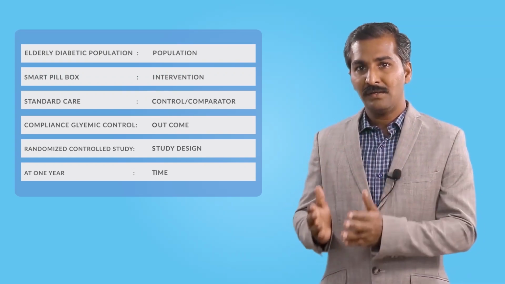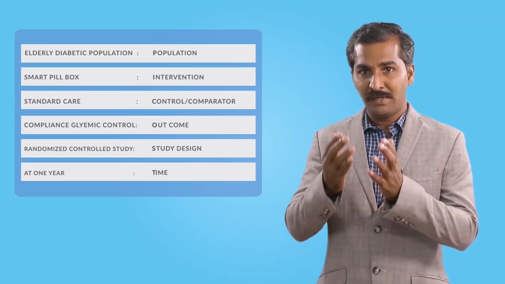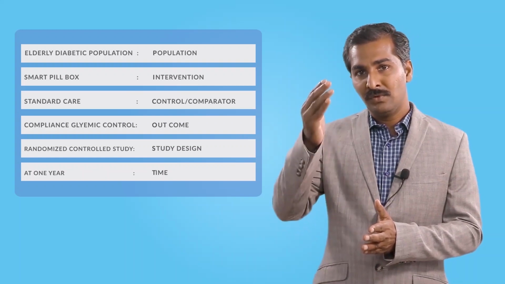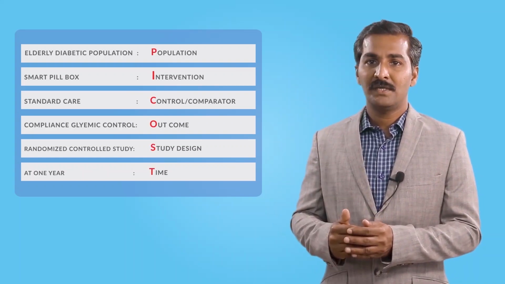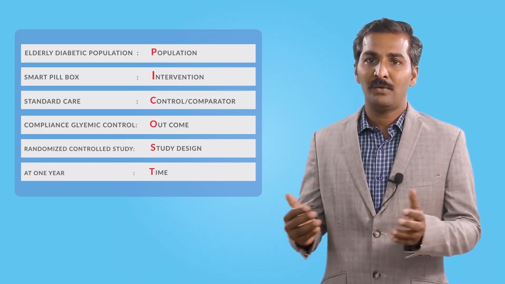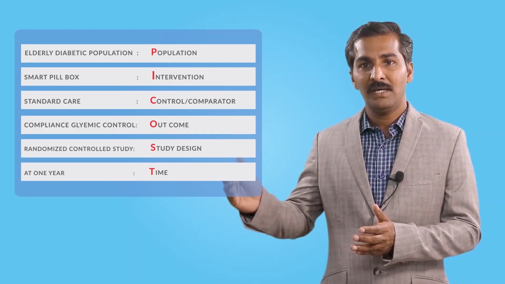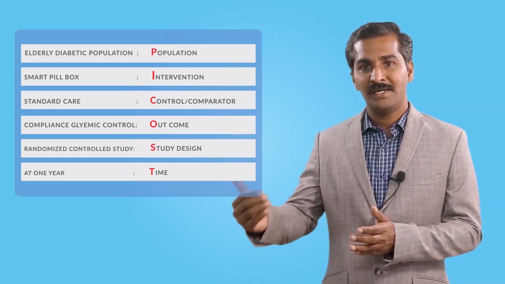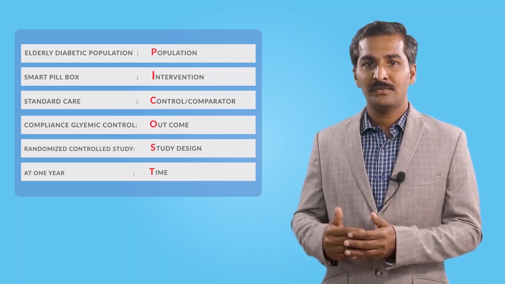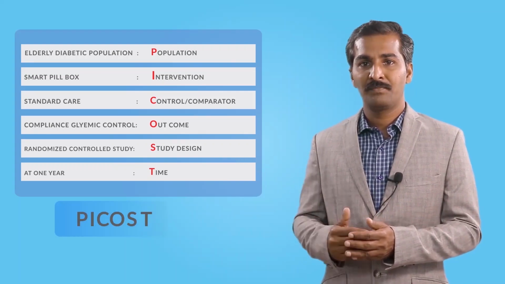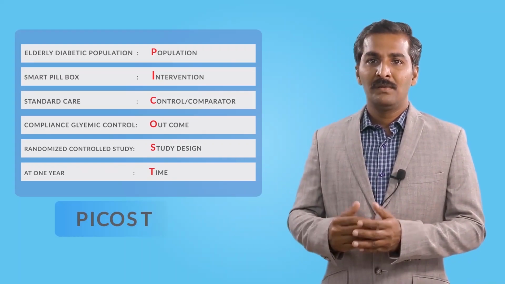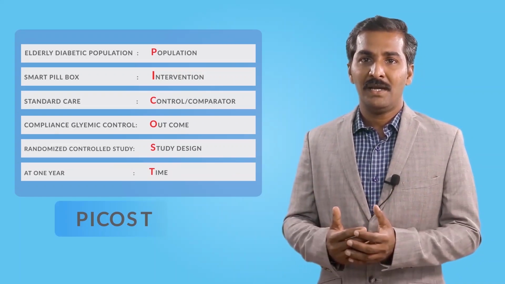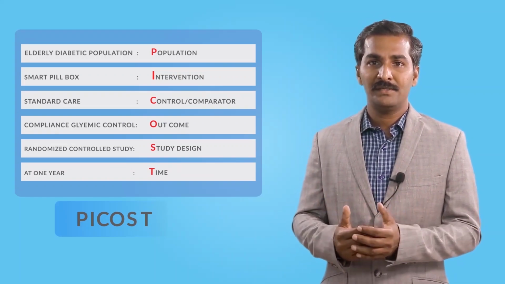If you see the important components of this particular study, and if you take out the first letters of these key components, it will come out like an acronym PICOT. If I add study design also, it will give rise to PICOST, PCOST. Many of the standard international guidelines in writing research manuscripts usually recommend a title containing all these components, PCOT or